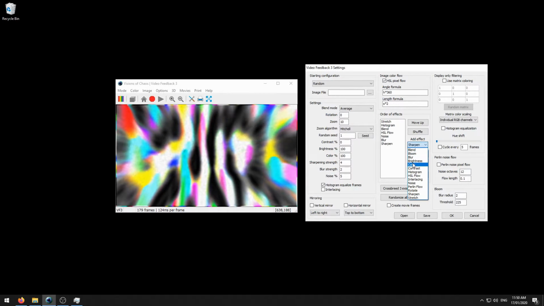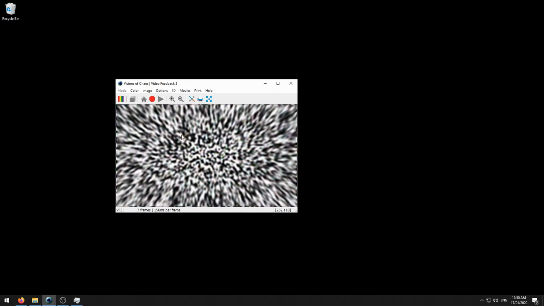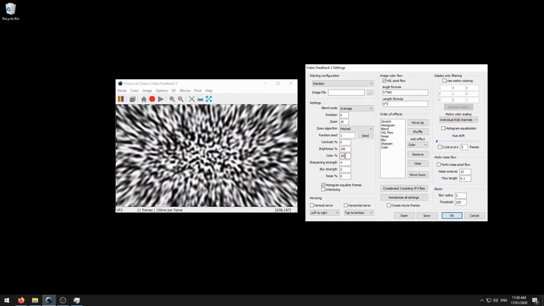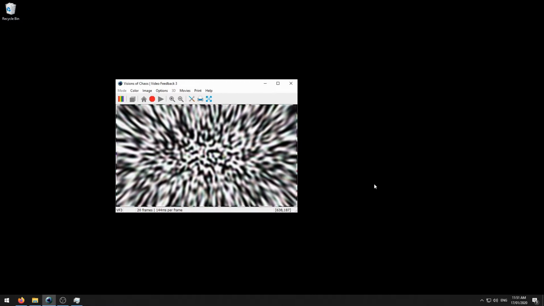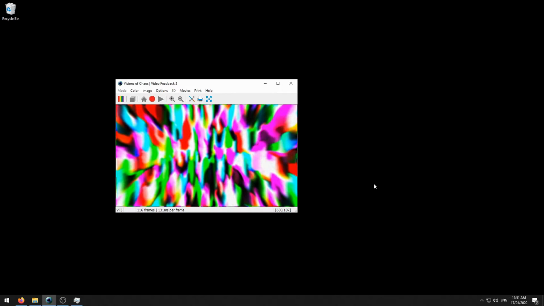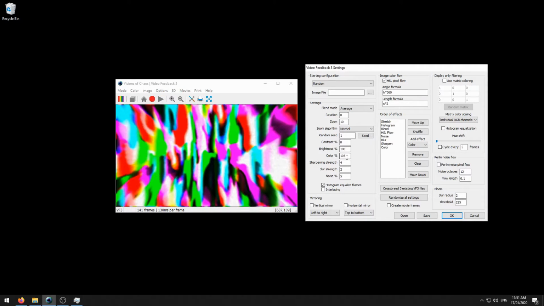There is also a colour effect, which you can change the amount of colour in the image. So the 100 is just as is. So if we try that to 105, see that can really bring out more colour. 105 is just a slight tweak, except because it's being fed back through the process frame after frame, a slight change can really change the result. So even if we do just 101%,